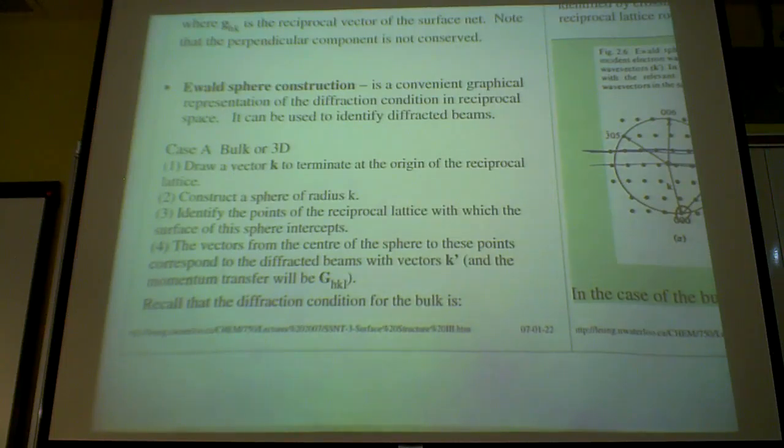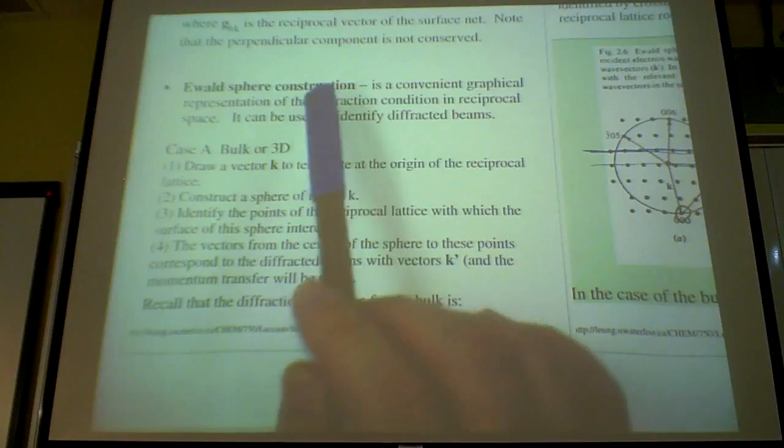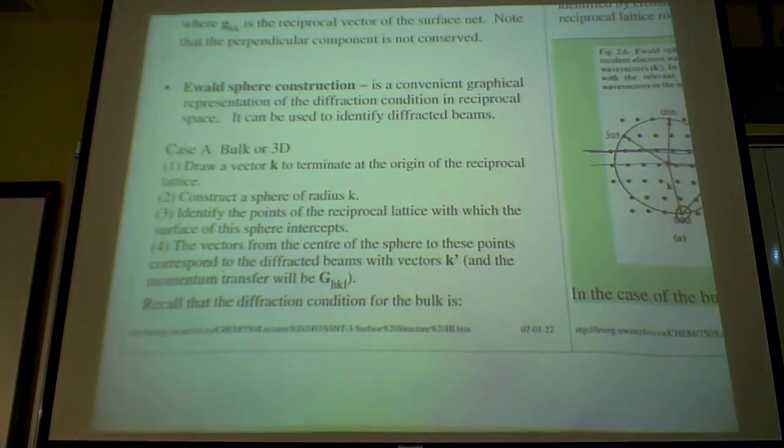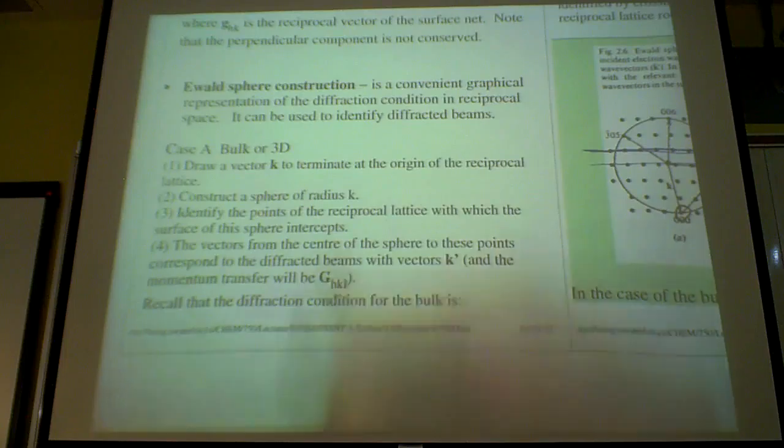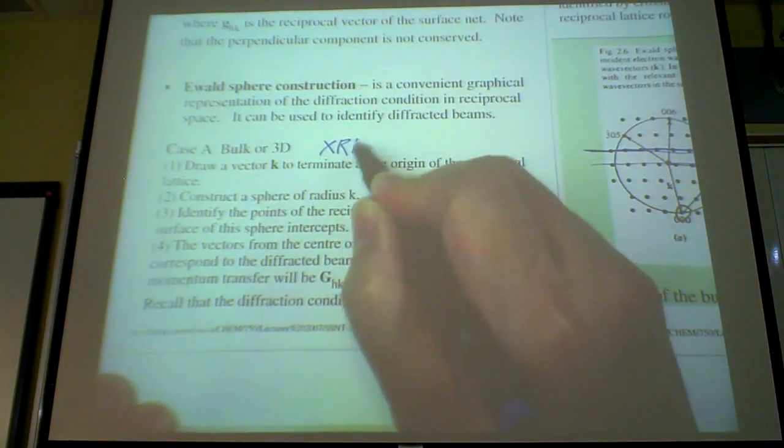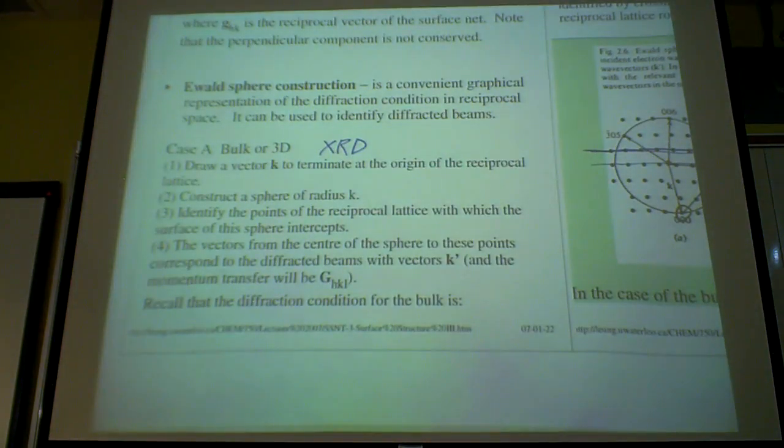This is one recipe of how to identify the diffracted beam. So look at the 3D case, which is the XRD case, when you do X-ray diffraction. What do you do? You draw your 3D vector from the origin of your reciprocal space, and then you basically